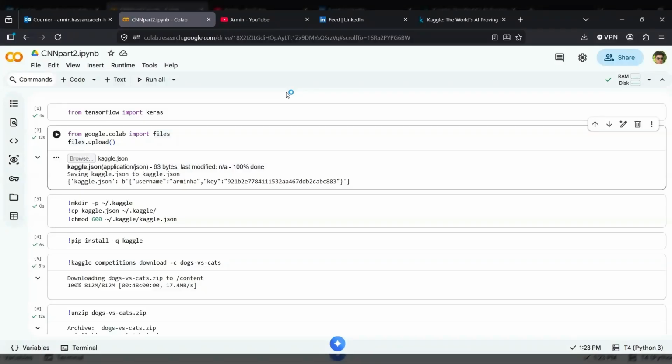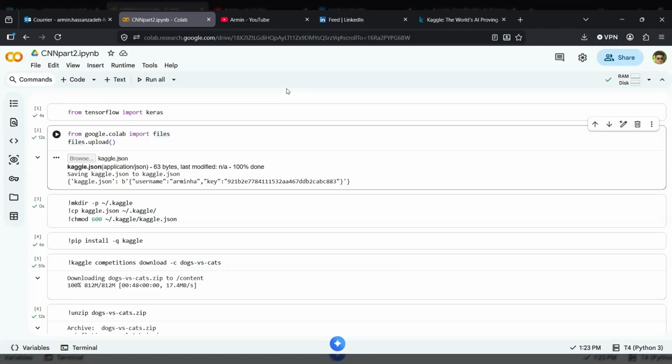Our model wasn't really learning to recognize cats and dogs. Instead, it was starting to memorize the training images. This problem is known as overfitting. So the question becomes: how can we expose the model to more varied data without actually collecting thousands of new images? One of the simplest and most effective solutions is data augmentation, and that's exactly what we will focus on